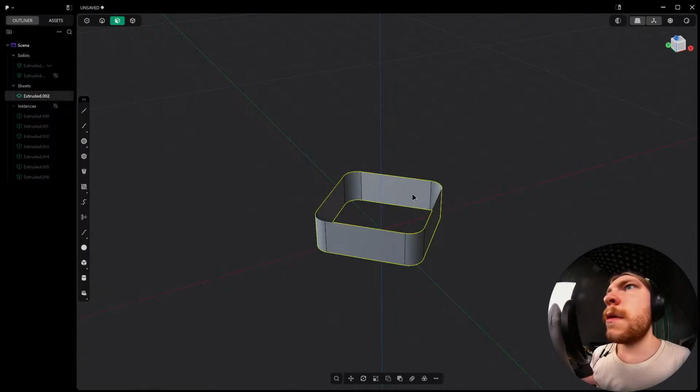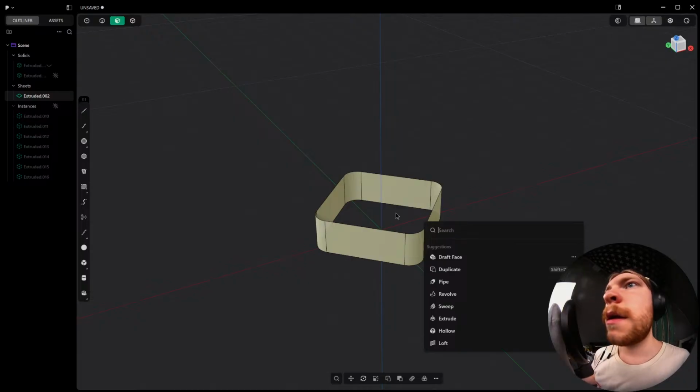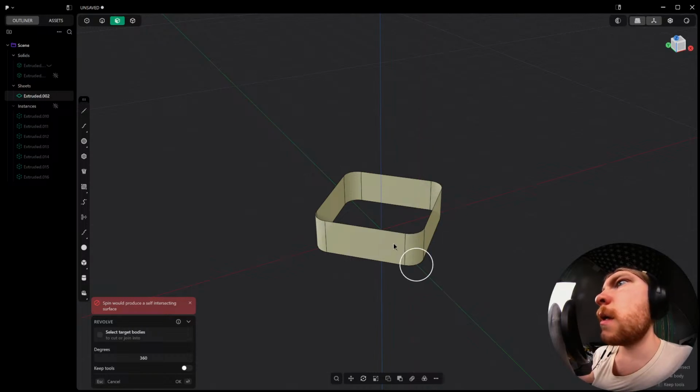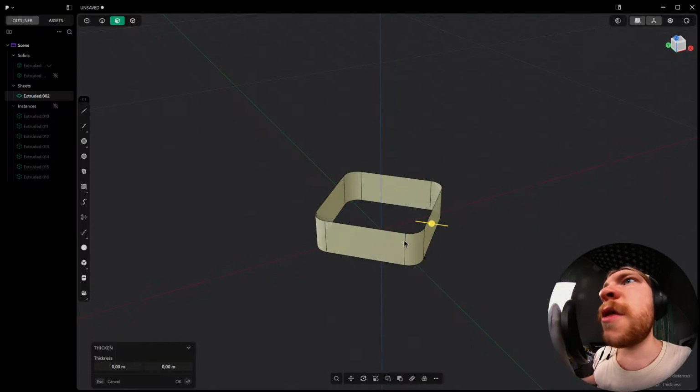No. If I... What does resolve do? Spin would produce a self-intersecting surface. Okay, if I go to thicken,